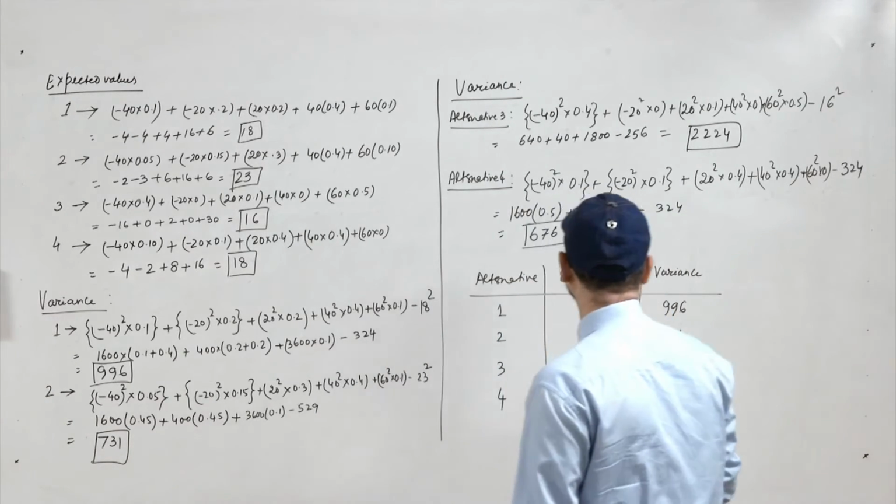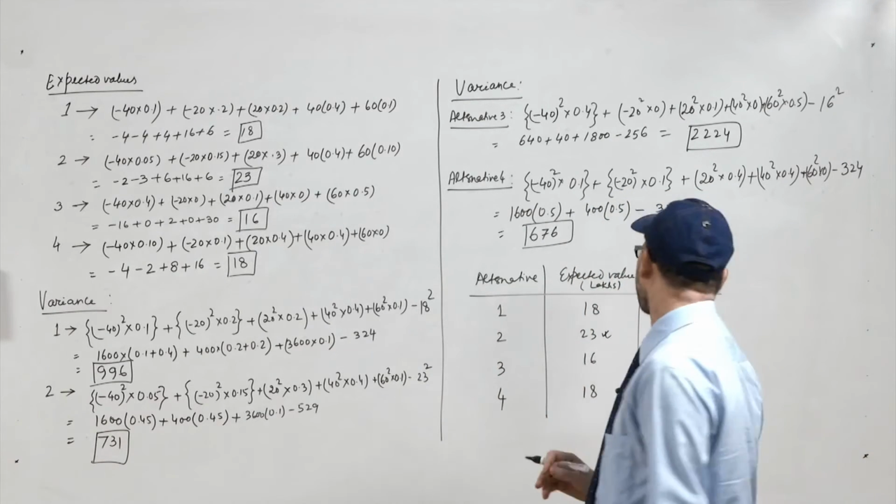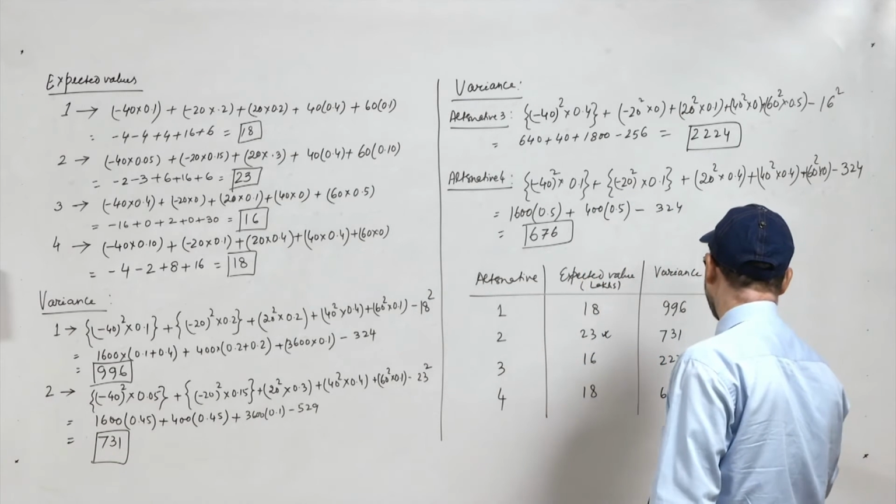So, what we see is this is the preferred one using the expected value, and the minimum value of